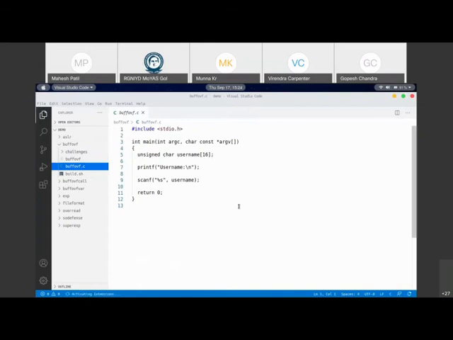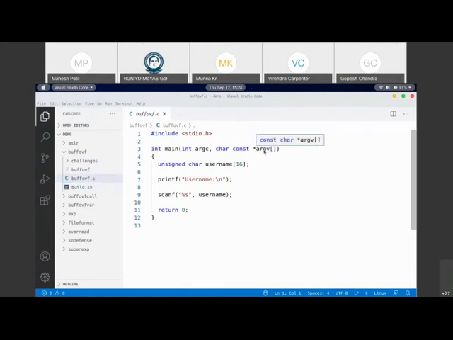So here's a very simple program. What this program does is it takes the argument from the user, and here if you see it just defines a local buffer. Can you guess where this username would be allocated?